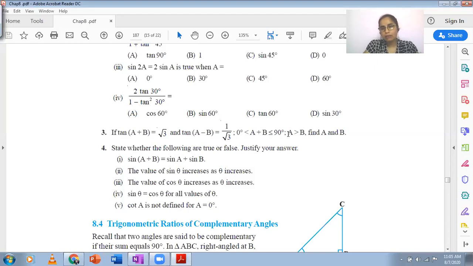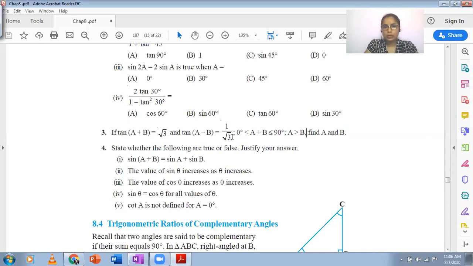And the second thing they have given is A is greater than B, and why this is required, because as you can see, they are writing down the value for tan A minus B. So when they are using an angle A minus B, whatever is the measure of angle A and the measure of angle B, their difference should be positive, and that will only be possible if we have bigger value minus the smaller value. So tan of A minus B means it will be a positive angle inside. So we have to find out what are the exact measures of angle A and B in degrees.